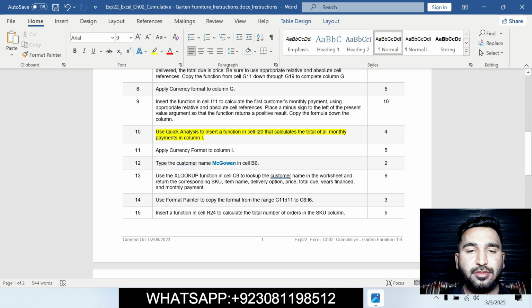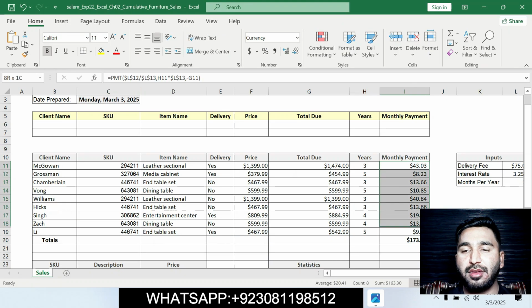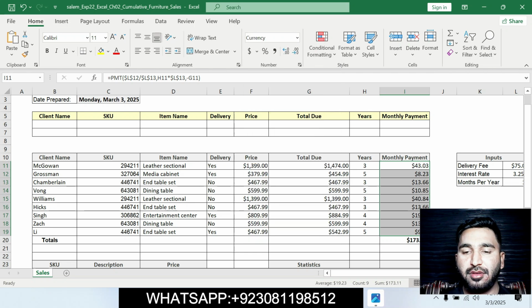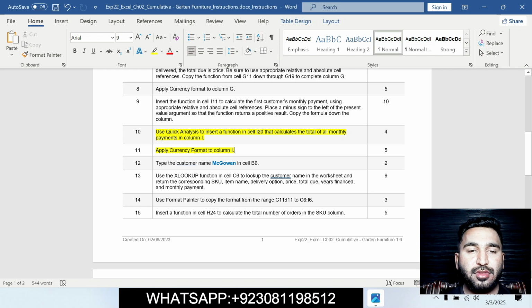Customer 11 is to apply the currency number format to column I. Moving on to the Excel workbook, select column I, click on the Home tab, click on the Number group, and then select the currency number format. This is good now. Then customer 12 is that